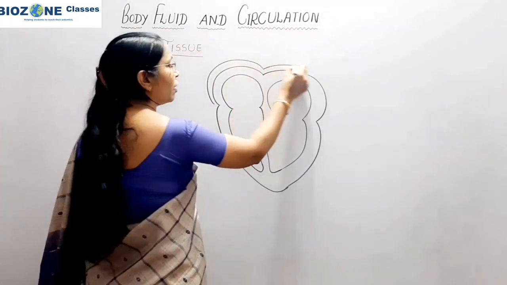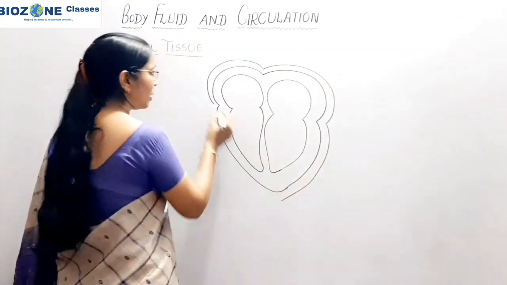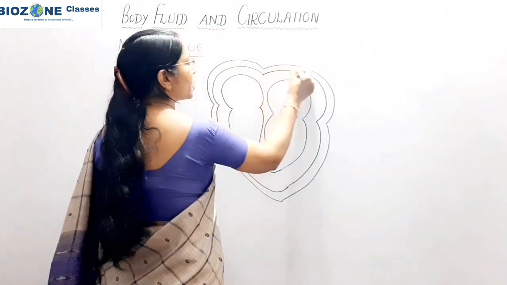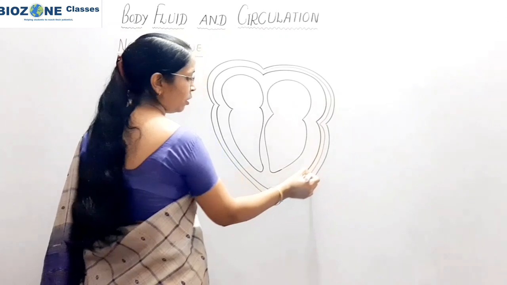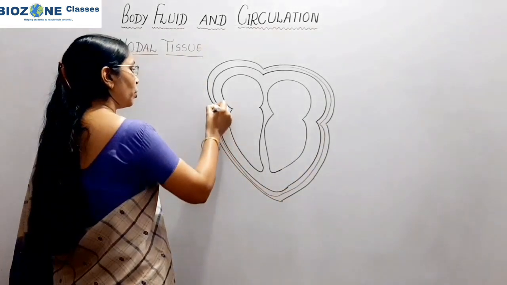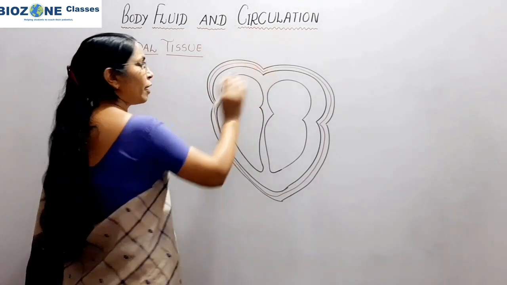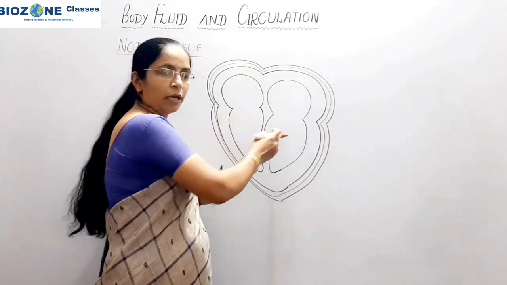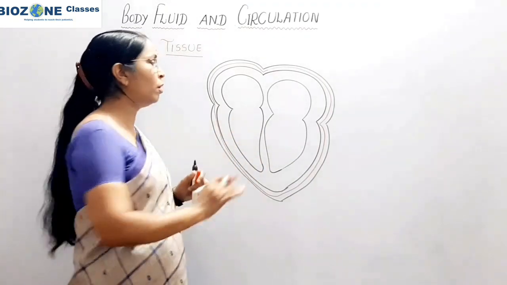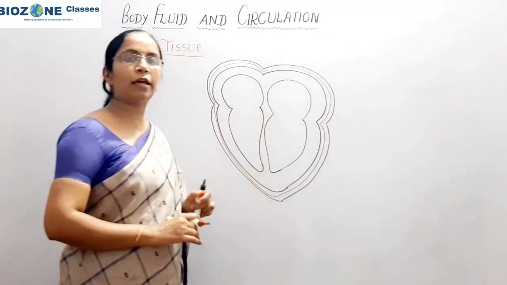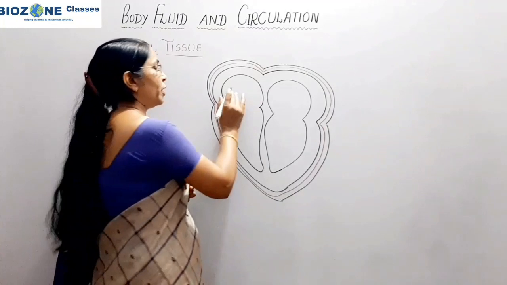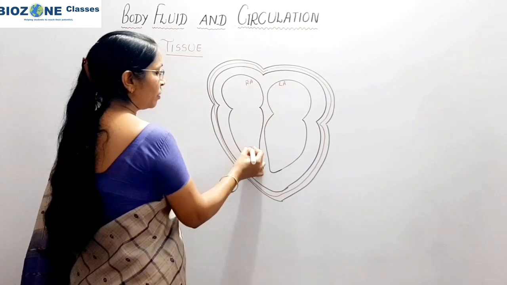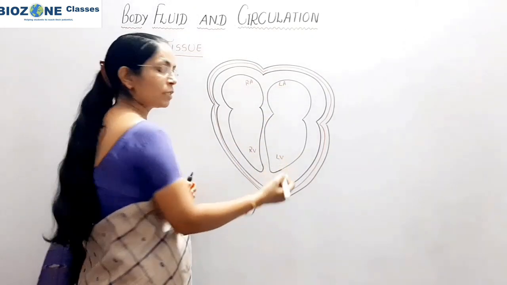Secondly, the heart wall. As we already studied all these structures in the last class, in this session we only discuss the nodal tissue. So when we study the nodal tissue, here I am not making any diagram or position for the pulmonary artery, vena cava or aorta, because we already know all these things, and if we make those structures, the diagram becomes quite complicated for you students. So here this is the right auricle, this is the left auricle, this becomes the right ventricle, and now you know this is the left ventricle.